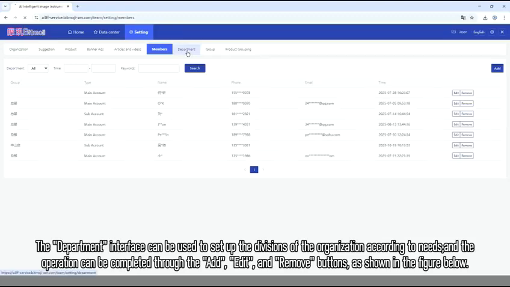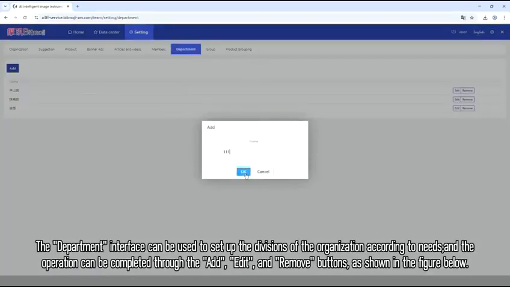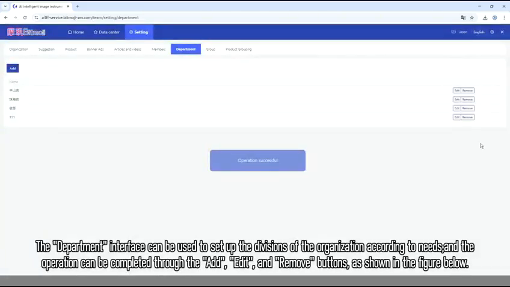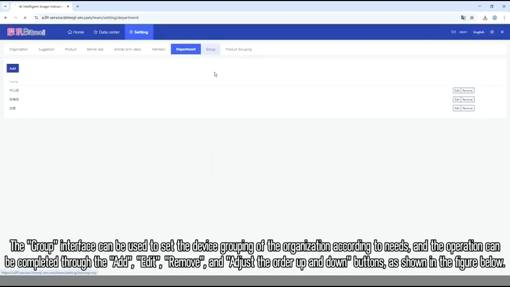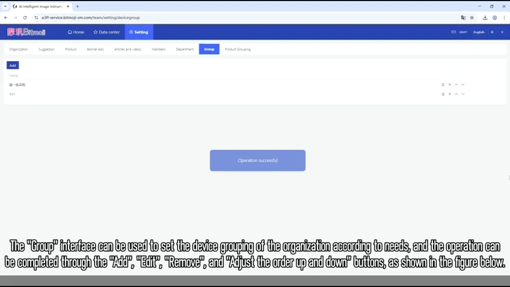The department interface can be used to set up the divisions of the organization according to needs, and the operation can be completed through the add, edit, and remove buttons, as shown in the figure below. The group interface can be used to set the device groupings of the organization according to needs, and the operation can be completed through the add, edit, remove, and adjust the order up and down buttons, as shown in the